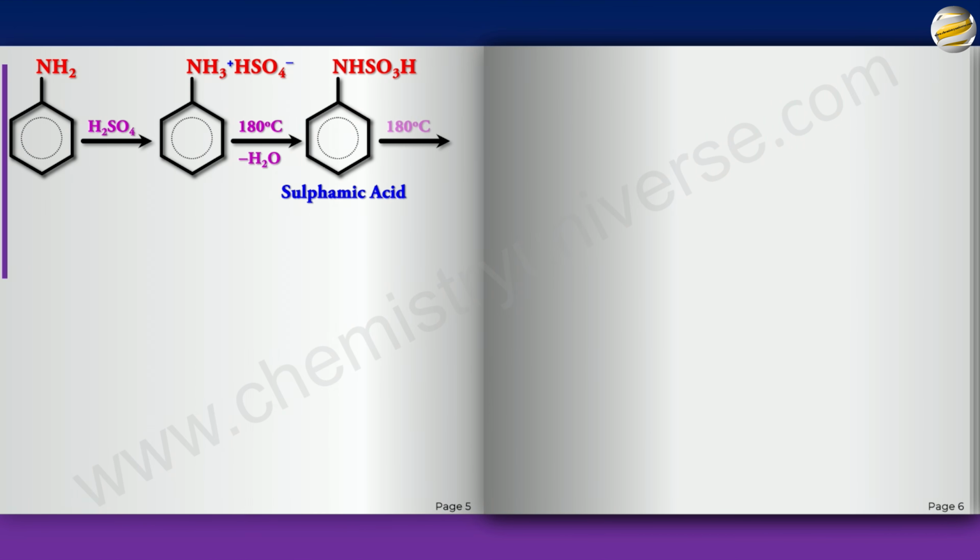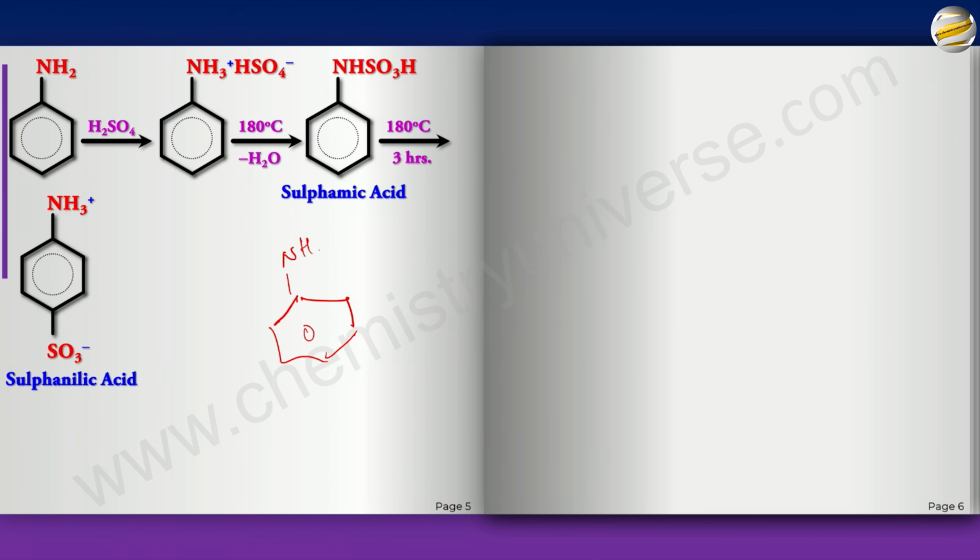But heat it further for at least 3 hours, the H from the para position will come to nitrogen, it will form NH2 and the SO3H will go and sit there and then it will lose the H plus to NH2 and give you this, because SO3H is a strong acid, NH2 is a good base and therefore it will exist as an ion. This is sulfanilic acid and it exists as a zwitterion. But remember, in contrast to this, I'm talking about para-aminobenzoic acid. Do not expect this to exist like a dipolar ion.